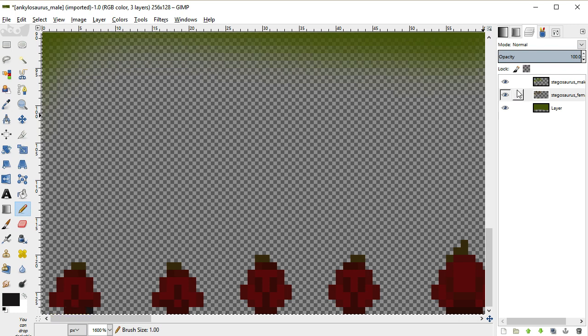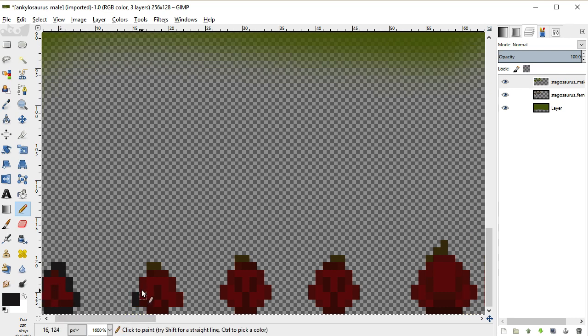Oops, I'm on the wrong layer. Okay, we want to be on the Stegosaurus male. Just do a bit more like a charcoal outline. I mean, heck, you know what? That might even be enough for me to actually just keep them red. Yeah, we could just do this charcoal outline, and I do have to remember to make them the same on each side, because otherwise...